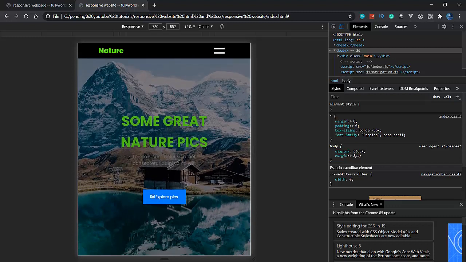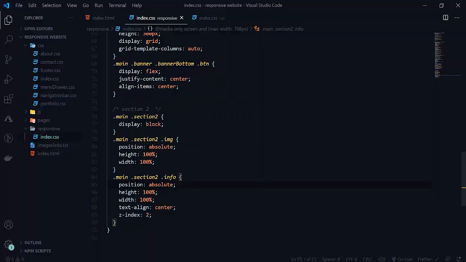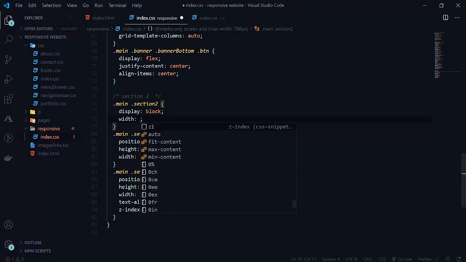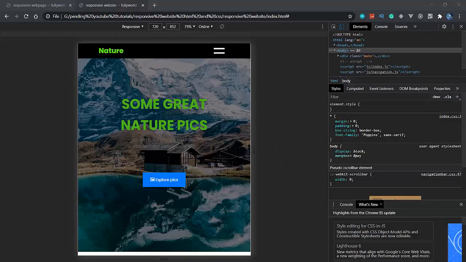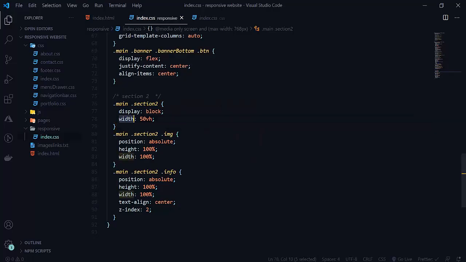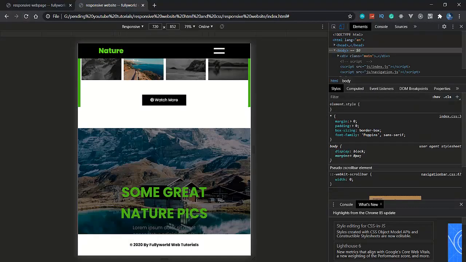Now let's change its width here. For section 2, let's change its width to 50 VH. Let's see how it will look. Sorry, not width, it will be height. So height to 50 VH. Yeah, now it is looking good. 50 VH is looking good.